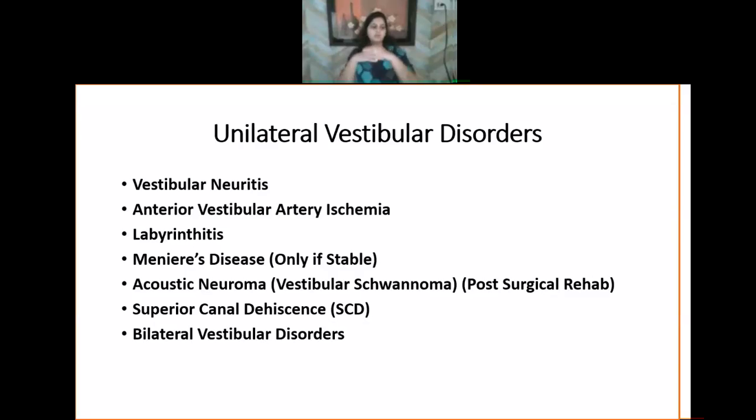Okay, now what are the disorders? Now we know about the vestibular system, right? Only 5 things: three canals and utricle and saccule. And it has a peripheral part, and it has a central connection to the brain in the central nervous system. So anything that goes wrong at the peripheral organ or at the central level gives you symptoms of vestibular impairment.